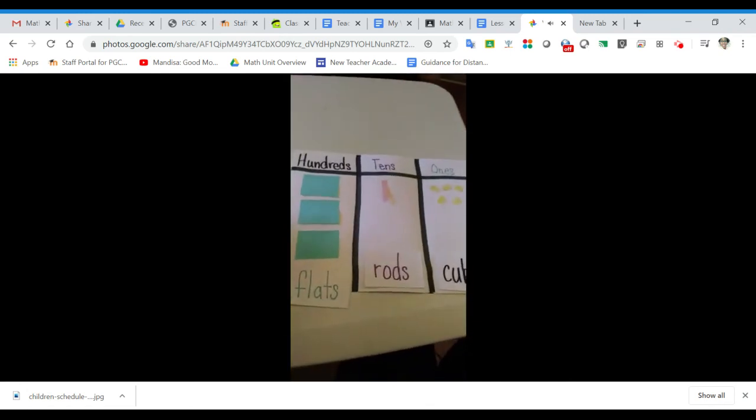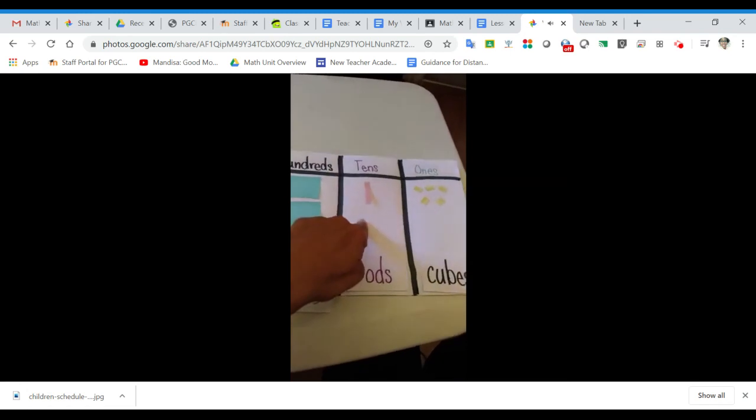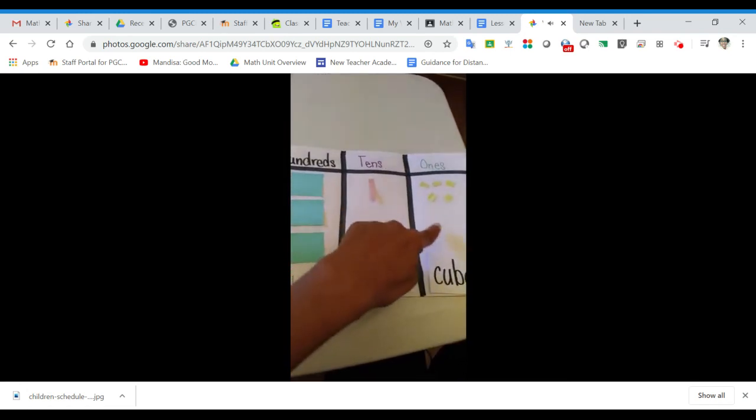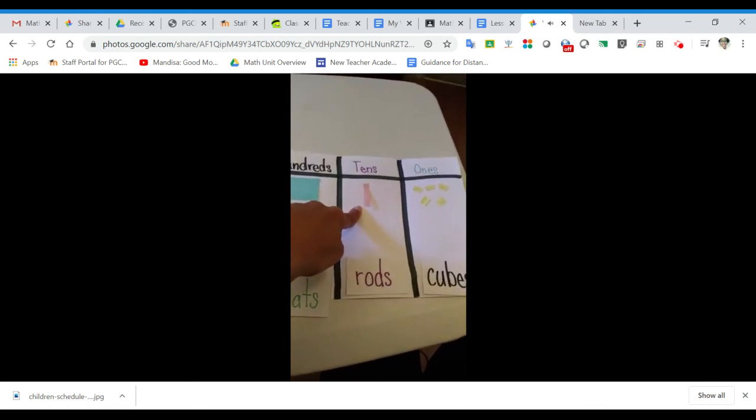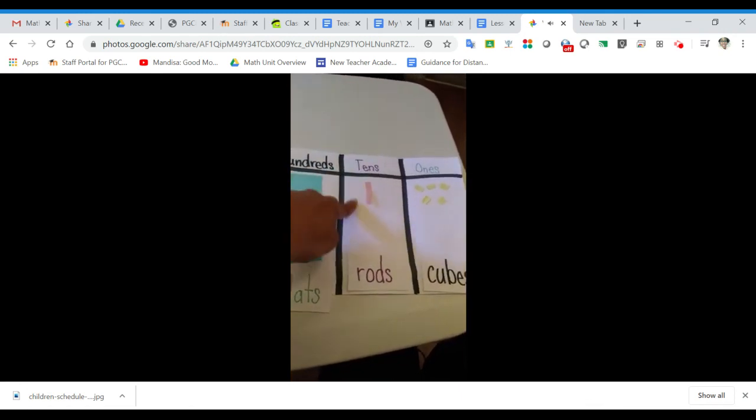Okay, so let's read that number. 315. Is that how you read it? 315. Remember, there is 1 ten in the tens place, and the value of